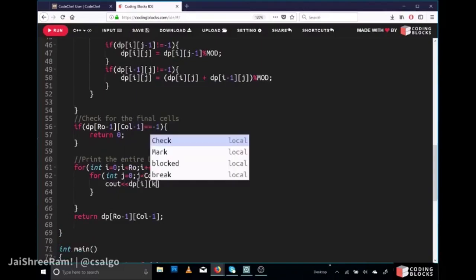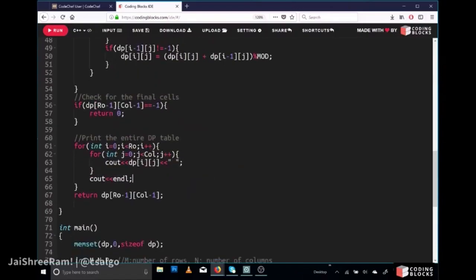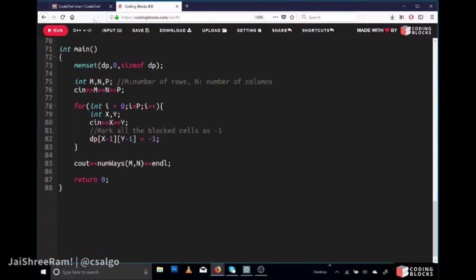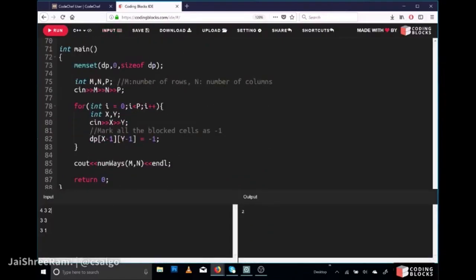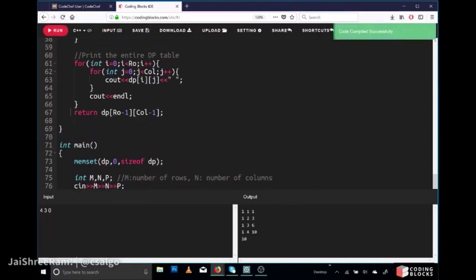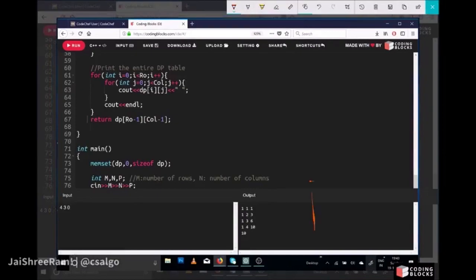And let us say I am removing all the obstacles from the sample input, and we will see what the answer is. You will see it is very similar to the table we had built, right? So I'm removing all the obstacles. There are 4 rows, 3 columns, and let us see what the output is. So you can see here, for the first row it is 1 1 1, which we had done so far,